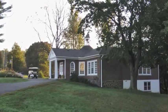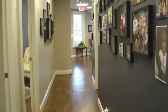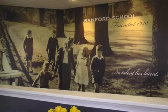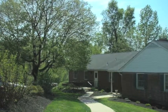The Board of Trustees and the leadership team of Sanford have been talking about changing Sanford Hall into a more useful space, and this year they finally renovated the building. When we decided to make the move, I wanted to be included in that as well, because I think for the head of school to be in Kidder Hall, which was a fine space, a fine building, a former dorm,